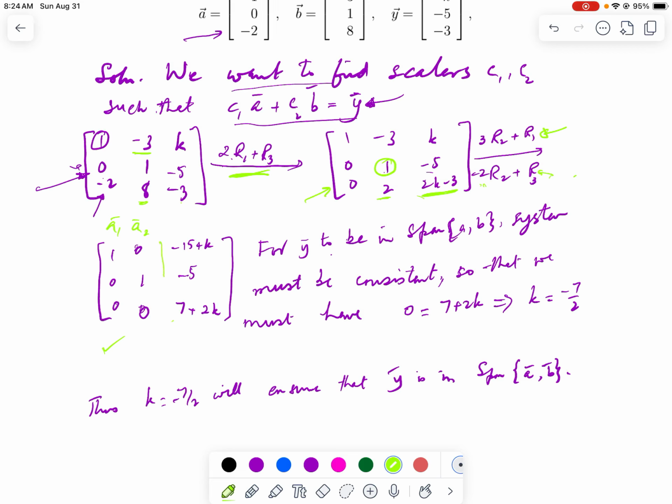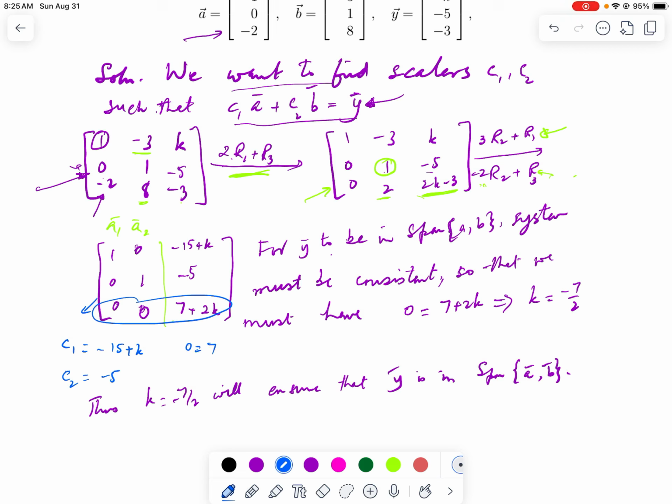If I try to write my solution, I am getting C1 is equal to negative 15 plus K and C2 equals negative 5. But we don't have any C3, so what the third row gives us is 0